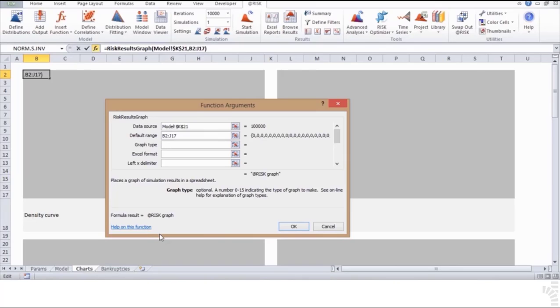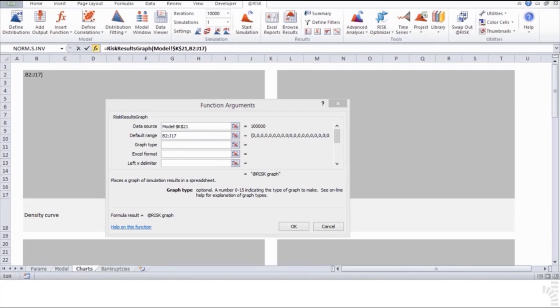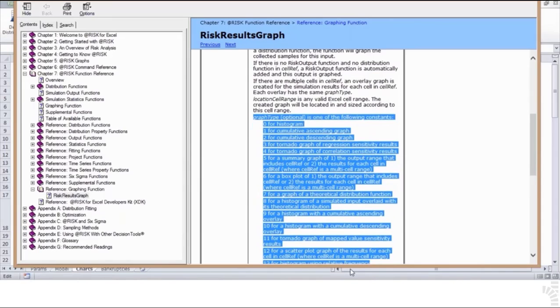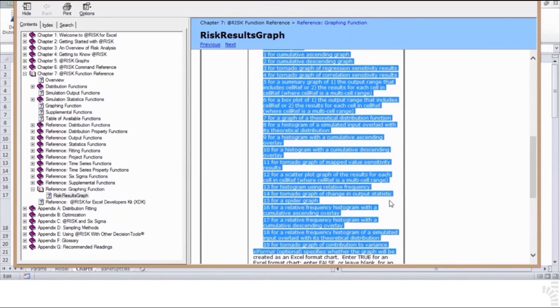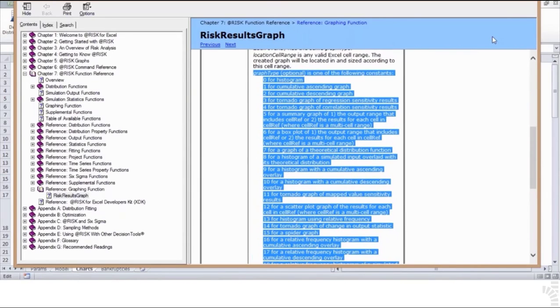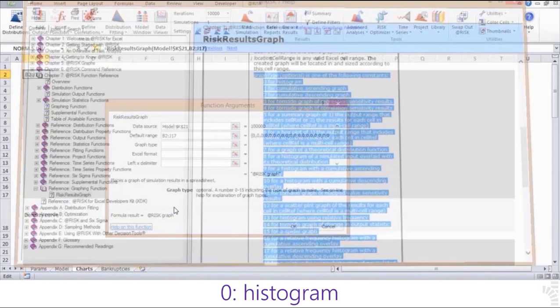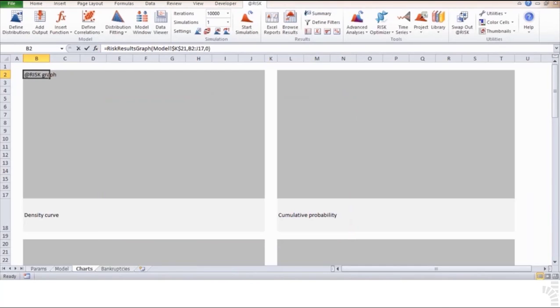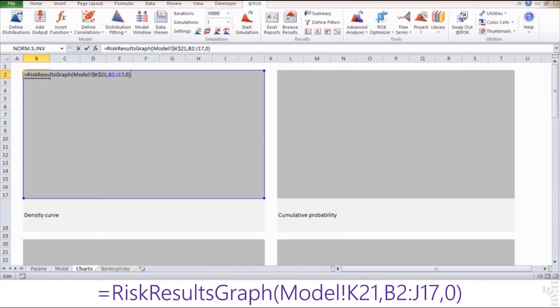Otherwise, you can always click on the lower left-hand corner of this window and retrieve help on this function. When doing so, @RISK will take you to the help file where you can read about graph types. Notice the 20 different graph types available here, from 0 to 19. Write a 0 in this cell in order to select a histogram. 120. Leave the rest of the optional parameters blank and proceed to click OK on this function in order to exit